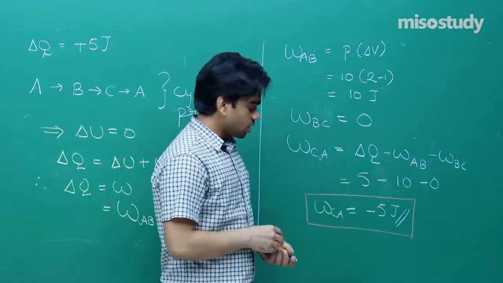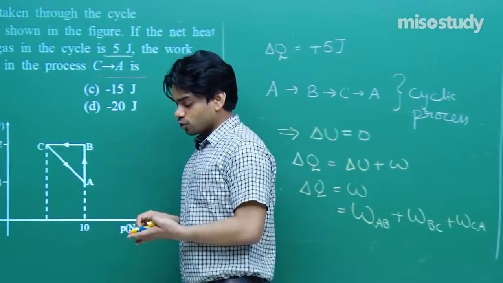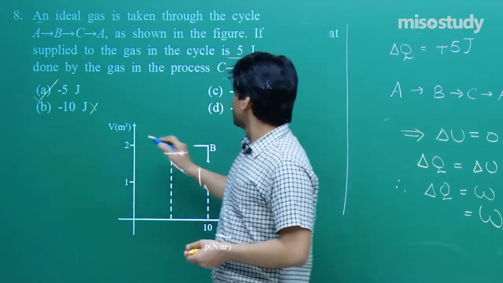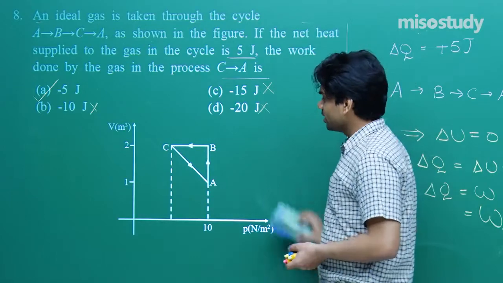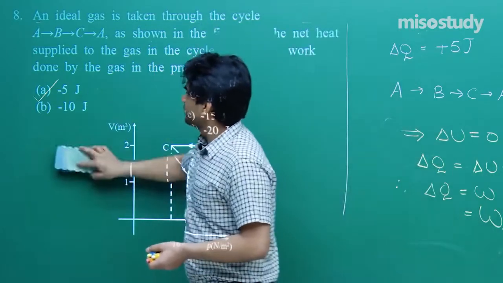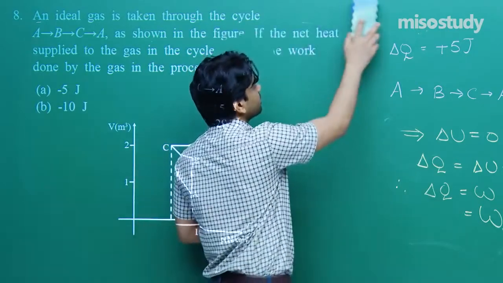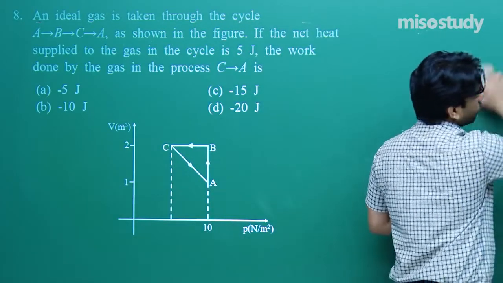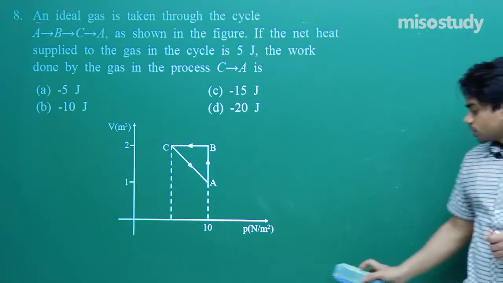So we obtained this. Quite simple and clear to us. I believe that you have understood this. Minus 5 joules, so let me mark this as the right answer. Minus 10 joule incorrect, minus 15 joule incorrect, minus 20 joule incorrect. Hope that you have got it. Next thing, this is an easy question, and this has let us understand how to use the graph. I hope that you are understanding what kind of question can be raised in your JEE examination. Let's go ahead with the next question of the class.